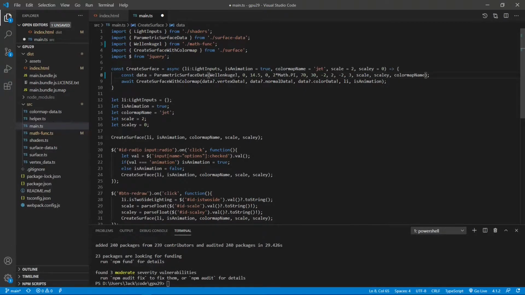We only display part of the surface, so we can see the inside. So here, instead of 2 pi, we go to 5. That's also part of the surface. And we also need to change the deviation for U and V from 70 to 100, and 30 for V